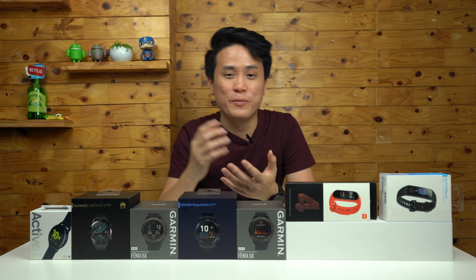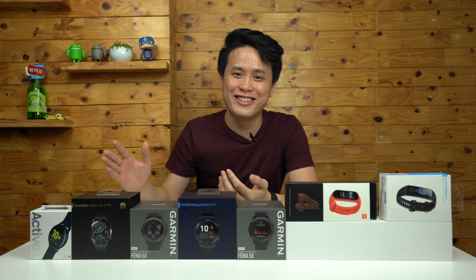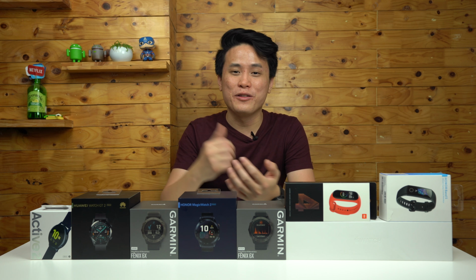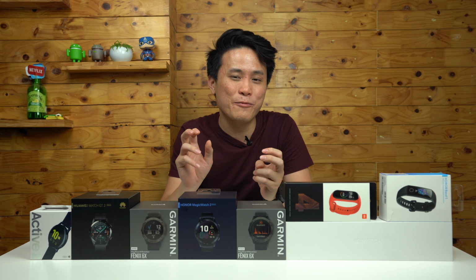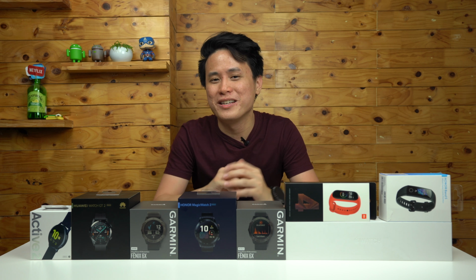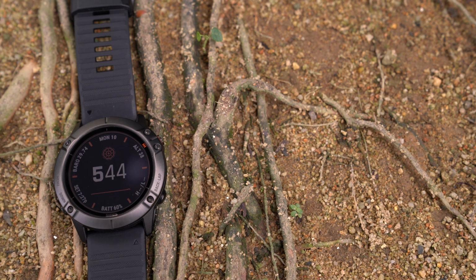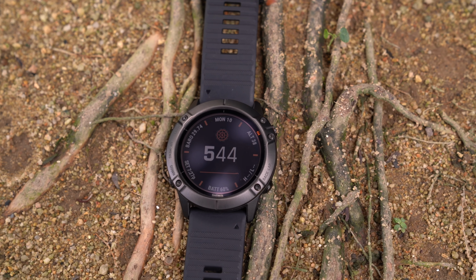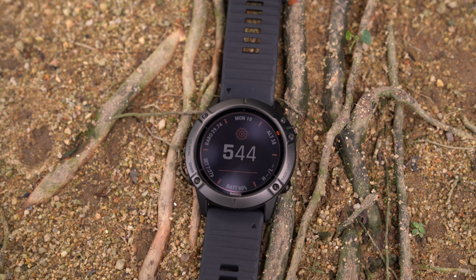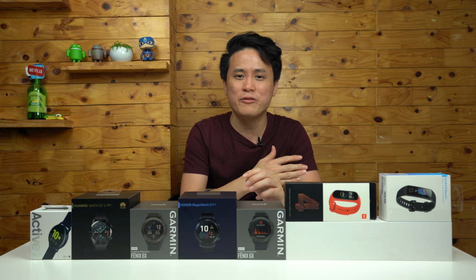So the high end is a little bit hard to define because you can spend anywhere from 4,000 ringgit up to like the hundreds of thousands of ringgit. But I think for the most part, it's safe to say that high-end watches are specifically built for the enthusiasts. You've got the more reasonable devices like the Garmin Fenix 6X Sapphire Edition, which retails for about 4,199 ringgit, up to the Garmin Mark collection, which is the more luxury edition, and that can go up to, I think, 13 to 15,000 ringgit. And there's even the Breitling Exospace Aviator smartwatch, which retails anywhere from 5,000 ringgit up to